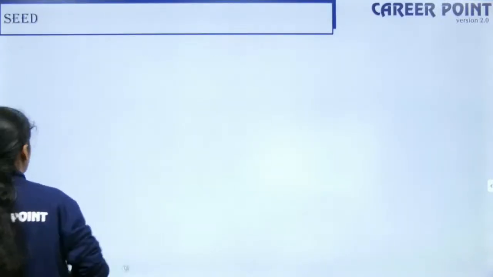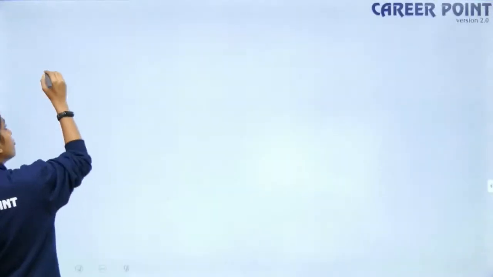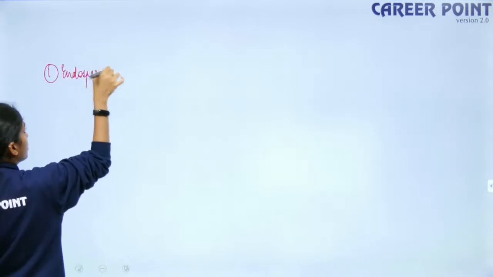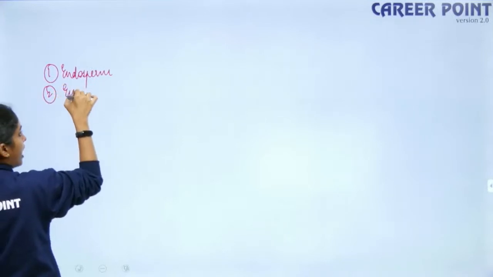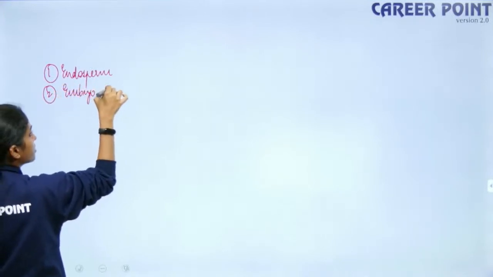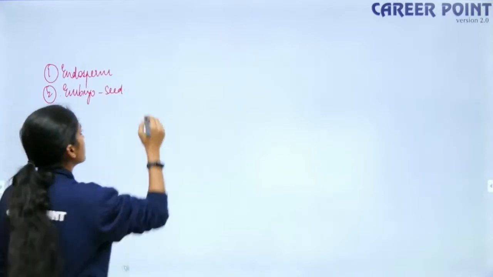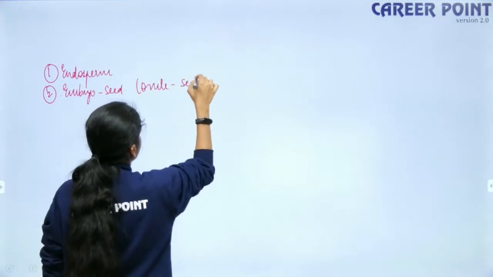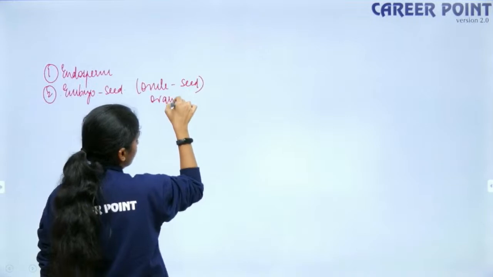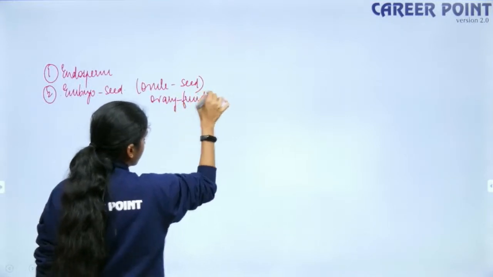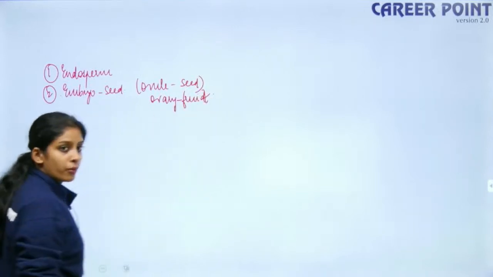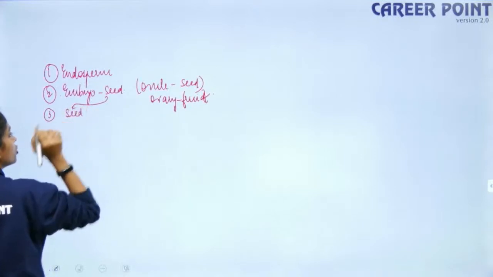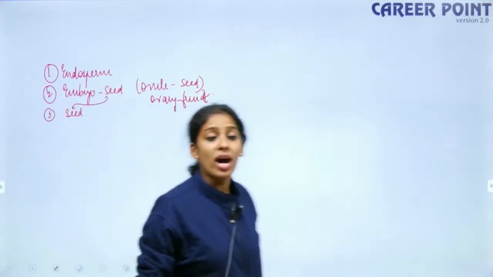So we are done talking about two things. The first part, we are done talking about the endosperm development. Then we spoke about the development of the embryo. So basically the ovule develops into seed, right? And of course the ovary develops into fruit, no doubt. Okay. So now we are going to talk about how the seed development happens and why it is there.